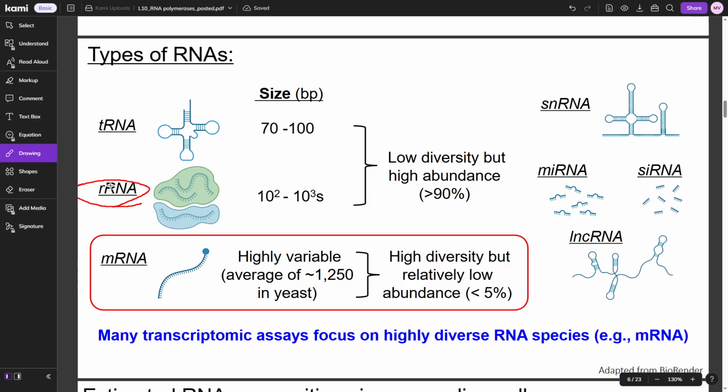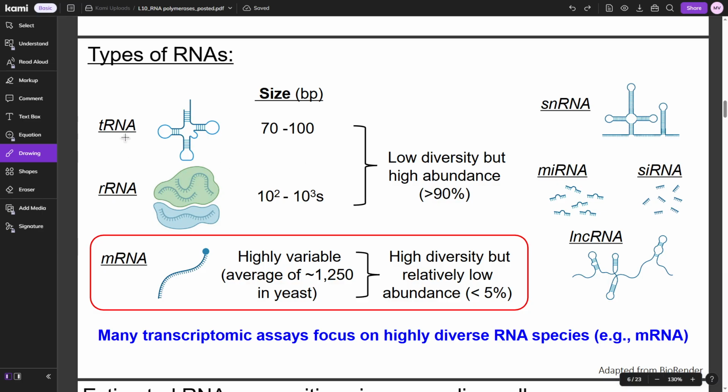It should make sense that if you have a lot of proteins that need to be translated, you need tons and tons of ribosomes. And ribosomes use rRNA to make their structures along with the ribosomal proteins. So our ribosomes are made of rRNA and ribosomal proteins. That's where most of your RNA is from.